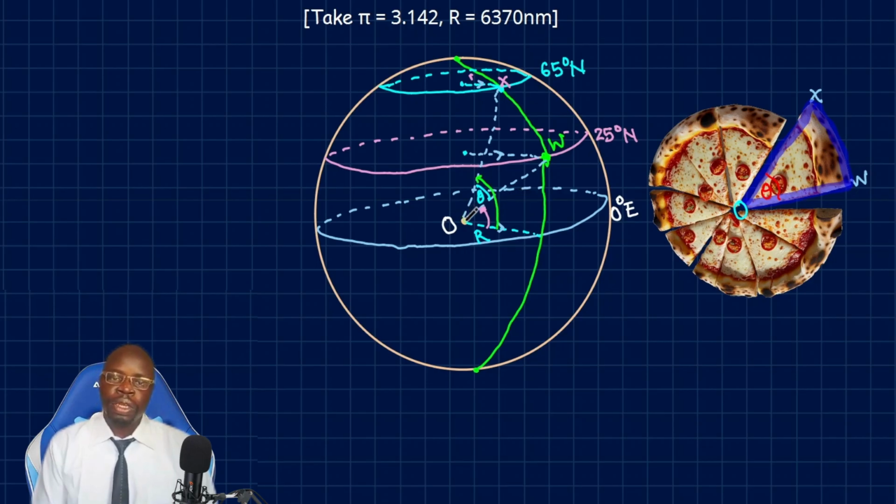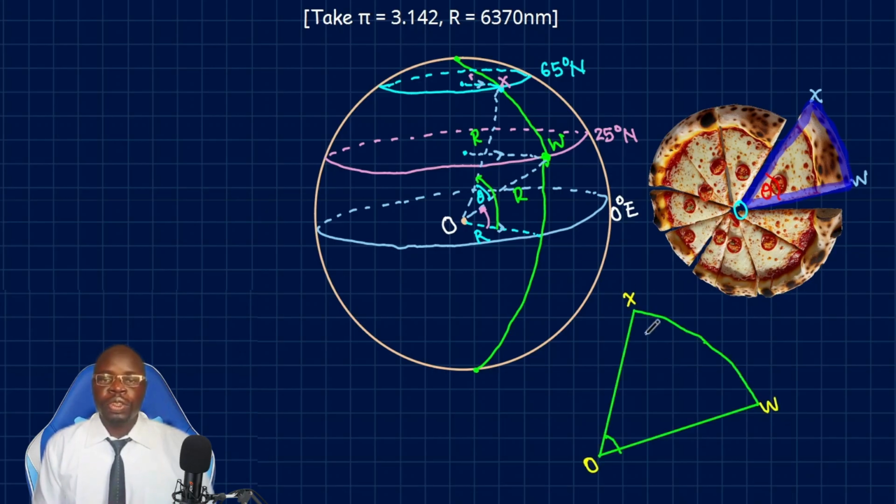Now from this point up to X is the same as the radius of the Earth, R. Also from this point, that is the same as the radius of the Earth, R. Now we can go ahead and extract it out and put our formula as before. So since we've already extracted it out, and we can take a look at the angle difference, theta is equivalent to,